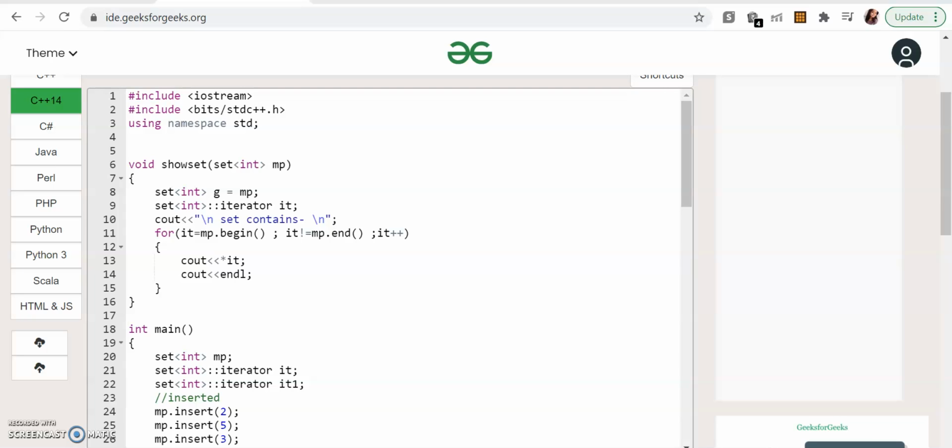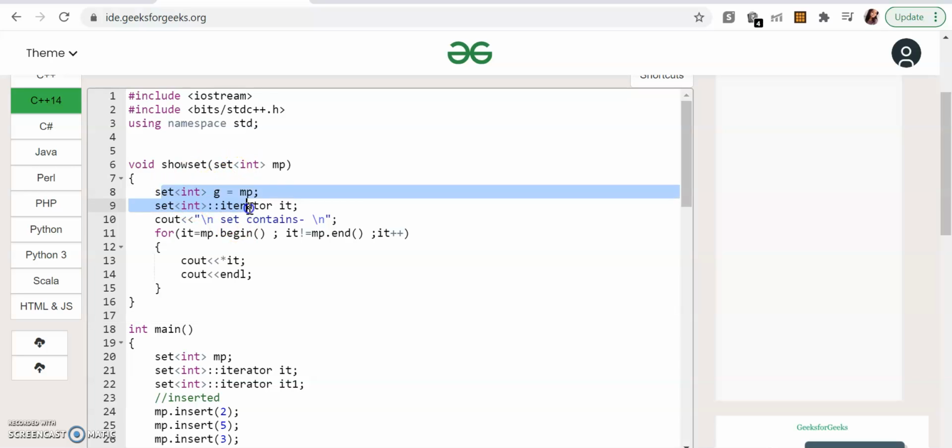So I'm just giving you a running example here. I have already written the code, so I will just walk through it and we'll see what all functions we have used. So let's get started. I have written this show set function, which is at any point going to print what my set contains. It is very similar to how we traverse elements in a container STL that we have already seen in case of list, vector, map.